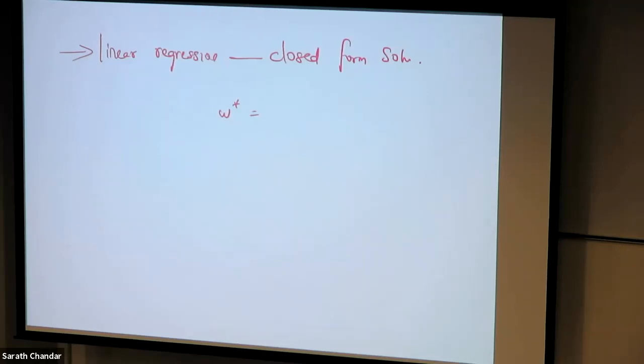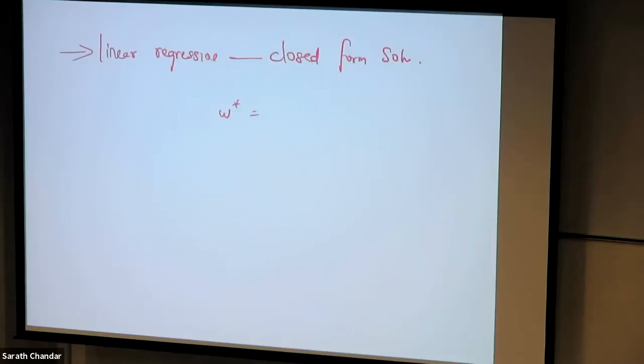As I mentioned before, I don't expect you to remember closed form solutions often, but this is one thing which you have seen many times. By now, you should remember this by heart. So it was X transpose X inverse X transpose Y. Now we also discussed why we have a closed form solution for linear regression. Because in this case, your error function was a quadratic function of parameters. So when you have a quadratic function, you can differentiate it, set it to 0, and you'll get a closed form solution. However, in the case of logistic regression,